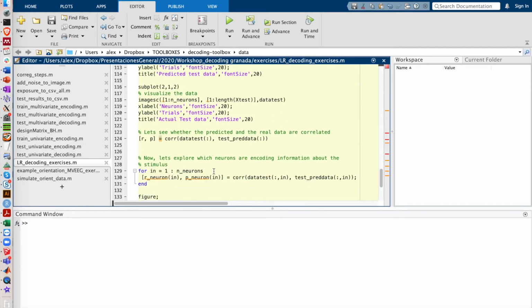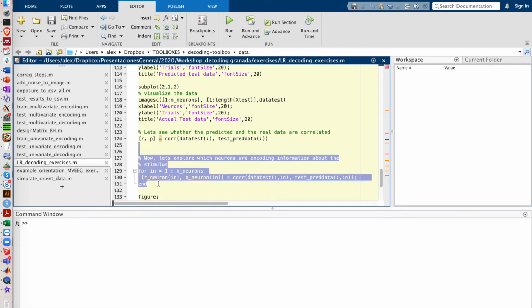And then you can plot it and see which of these neurons have a weight that is 0, which neurons have a weight that is 1, or which neurons have a weight that is 2. So this way you can really see the activity profile of our simulated neuronal landscape. Okay, so that will be the first exercise.